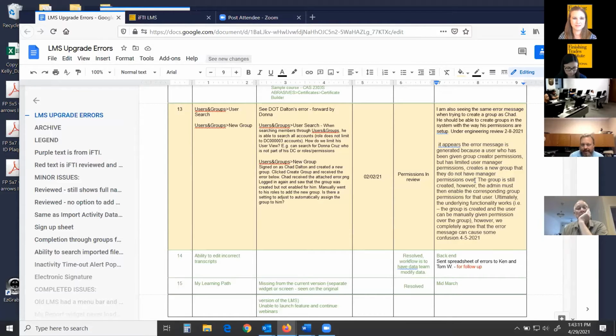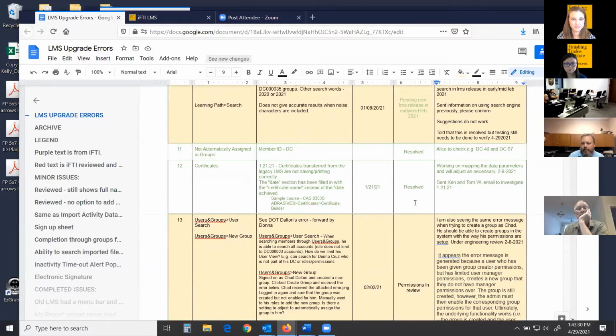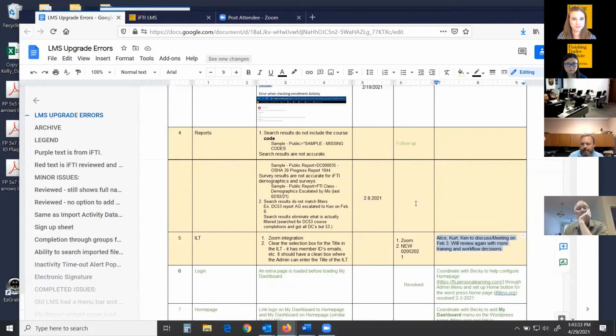We are looking at a way so that when you create a group, it will automatically prompt you for creating the permissions to manage the users in that group, instead of doing it manually and separately like right now. So those were the main things that we were working on in the back end. The majority of everything else has been fixed and adjusted.